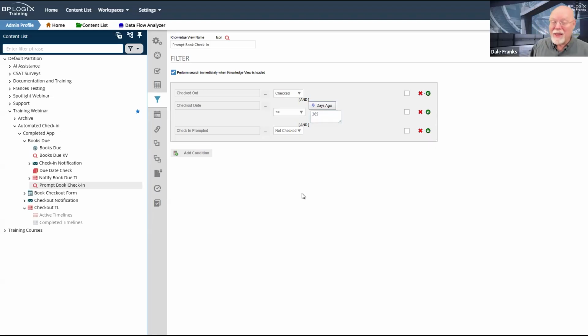But the more that I think about it, the more I think that what I should have done is put a due date on the form. Because now all I need to do is to see whether the checkout date is less than my due date. Actually, I think I'd do it exactly the opposite, but I would compare checkout date to due date as a field.